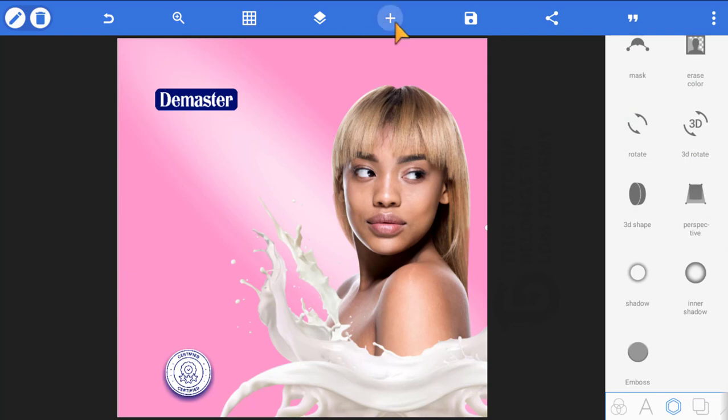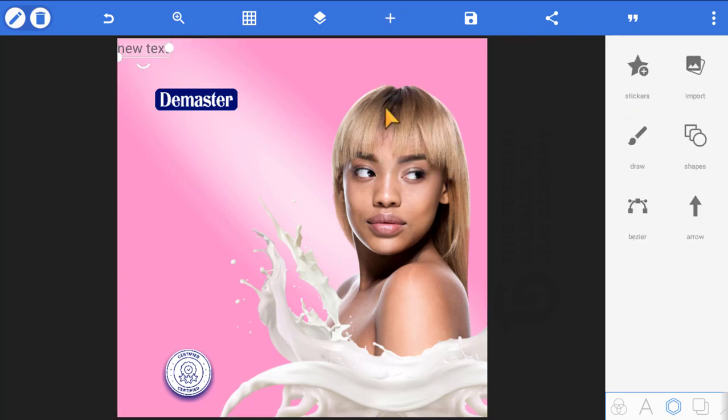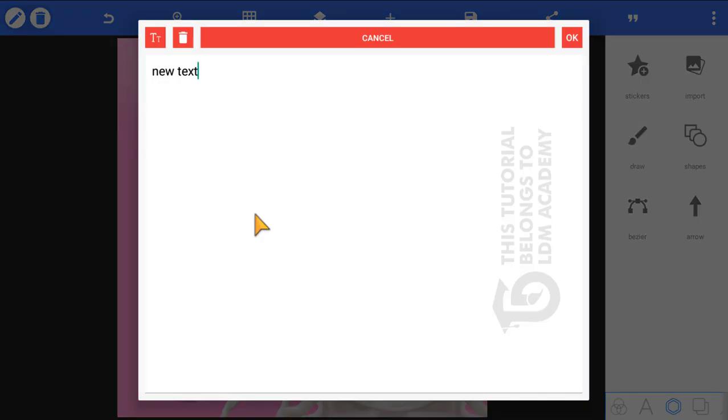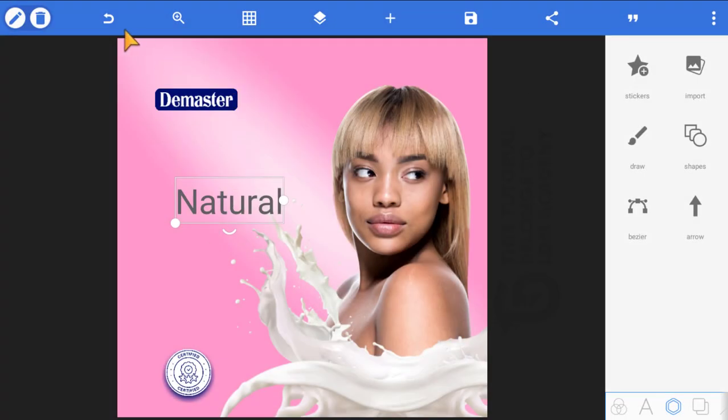So we click on the plus icon, the text. Okay, then we double tap on the text, and then we change the content to natural. Okay, natural. All right. Then what else? So we're going to